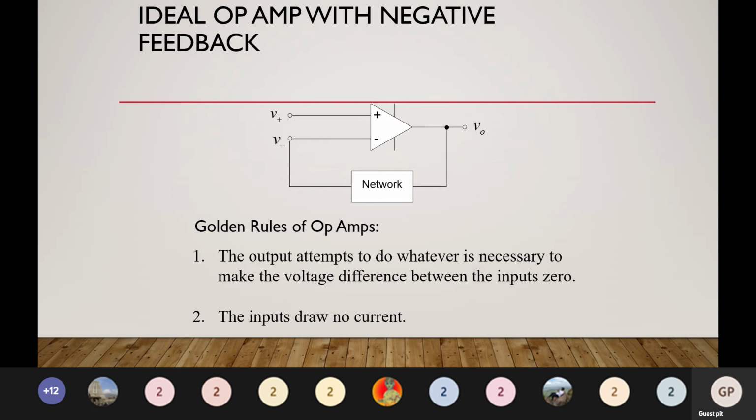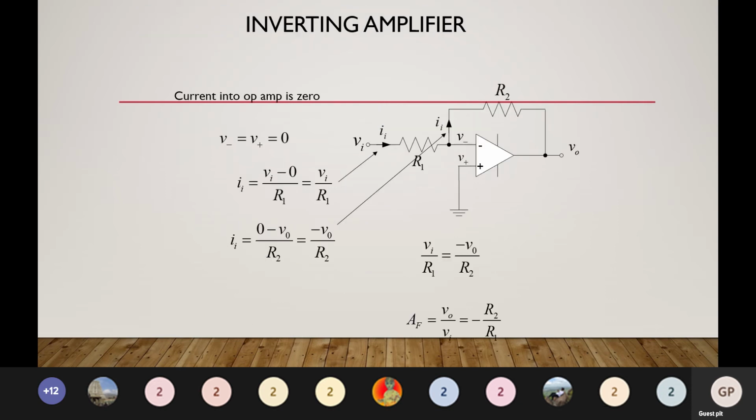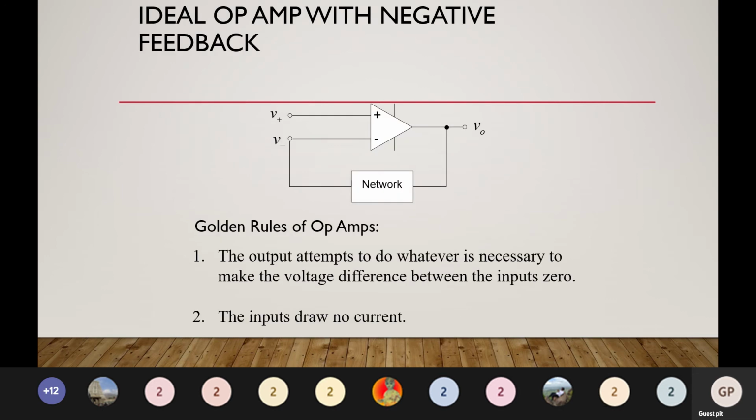So one is the voltage difference between the inputs is always 0. I'm sorry. That is, the differential input is 0, we said, is it not? Whatever is the voltage maintained at one terminal, the same voltage will be maintained in the other terminal also. Then only we can say the differential input is equal to 0, is it not? So always when we use op-amp in the negative feedback, we'll assume that somehow the circuit adjusts and makes the potential at inverting and non-inverting terminal the same, and therefore the differential input is 0.